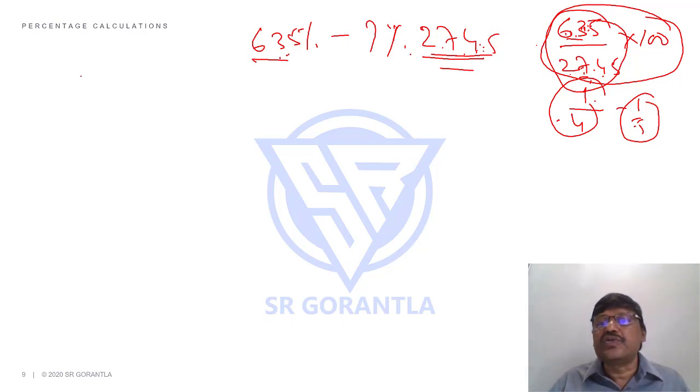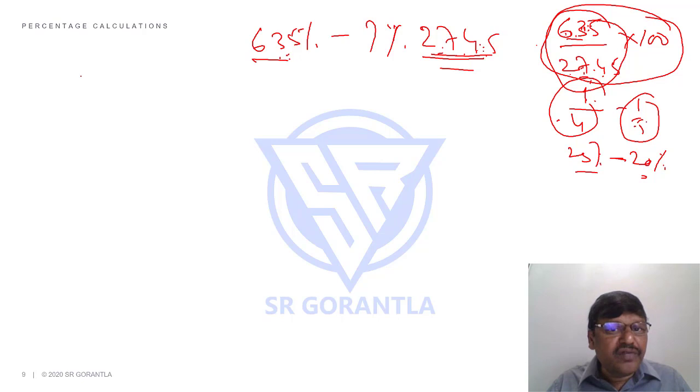Once you estimate your answer, students, you can start like this. You said it's a little more than 20%. You can see 1 by 4 to 1 by 5. 1 by 4 is 25%, 1 by 5 is 20%, so my answer is between 20 and 25. Or when you say 10% is 270, 20% is 540, a little more than 20% means you can start with 20% and then see how much more it will be. What is 20%? 10% is 274.5. 20% means into 2. What is 274.5 into 2? 2 2s are 540, 4.5 2s are 9, so 549.